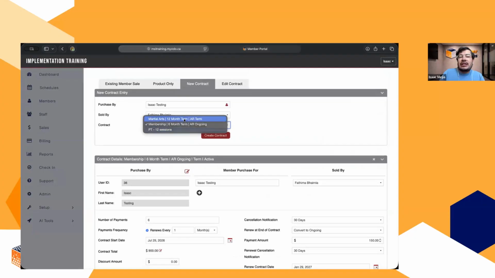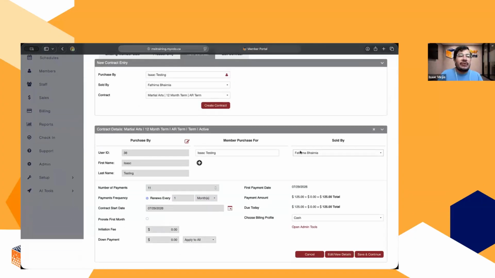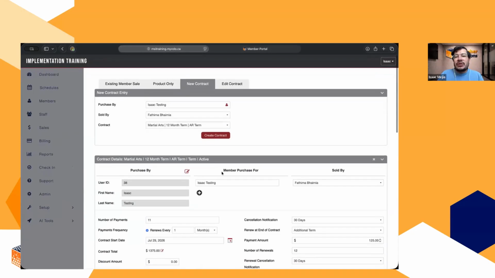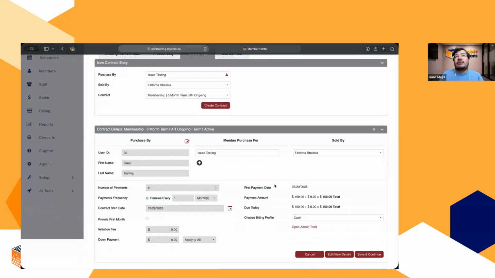And then again, like I said, the other templates make it super simple to just make sure you're giving them exactly what they were looking for. So if I switched over to the 12-month term, you'll see that this one has the appropriate amount of payments, whatever the payment terms are. And then if you see here, the renew at end of contract does the additional term and then does the 12-month or additional 1-year term. So super simple to set up, super simple to use and sell to people after they're set up, and gives you the flexibility of making sure that you have an option for people no matter what their objections are or their